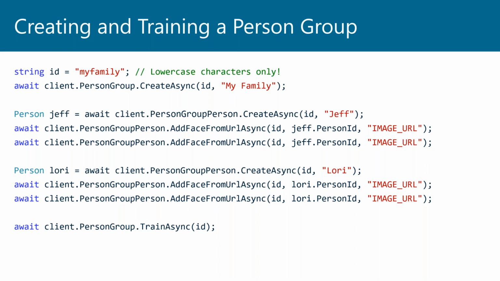given person. Once I've created the person group, added people to it, uploaded the images, I call train async to train a neural network around this. And the cool thing is later, if I want to add additional people or additional faces, I can simply get a reference to this person group, add the people or the facial images and call train async again, and it will pick up right where it left off and train with the facial images that I've uploaded since the last